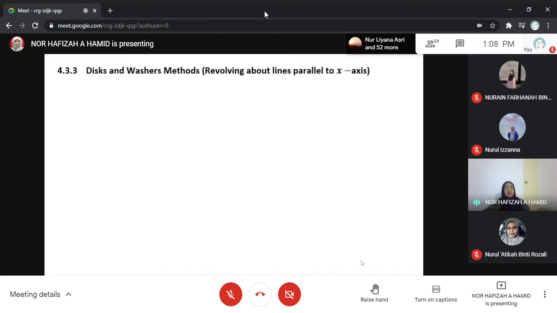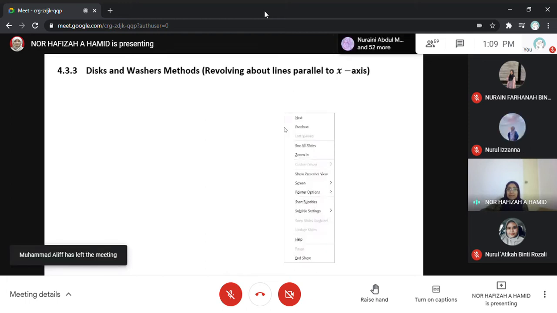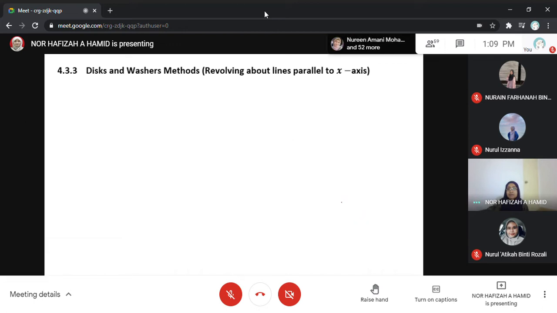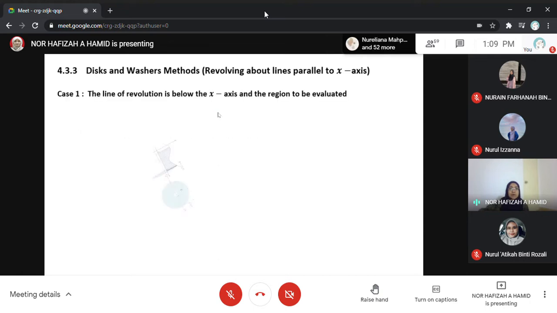Okay, so 4.3.3, this and washers revolving about lines parallel to x-axis. So kalau parallel to x-axis, so x-axis is horizontal. Okay, so maknanya dia revolve at line y. Okay, so for example, we have 3 cases. Okay, so for case 1,